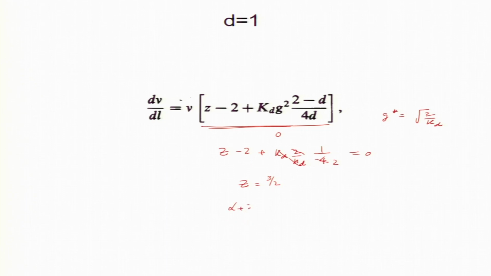And remember, alpha plus z equal to what? Anyone remembers? Alpha plus z equal to 2, that means alpha is half. So, that is the prediction for d equal to 1 and it matches with experiment. That is a triumph of the KPZ equation, that these exponents we are able to get from theory, with long calculation. And it also tells you the dimensional dependence: for d greater than 2 we are not getting this roughening, alpha is 0.